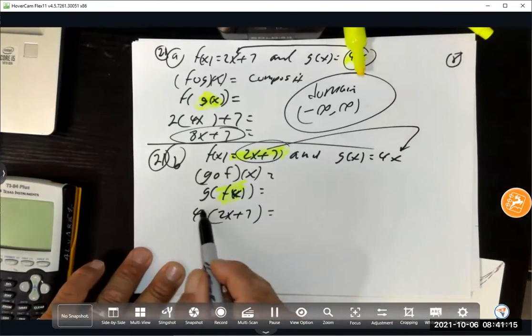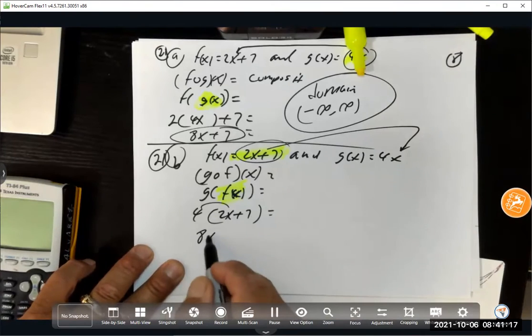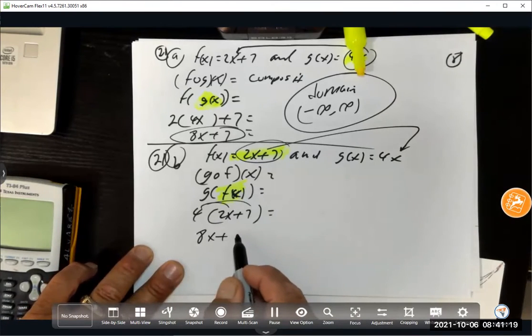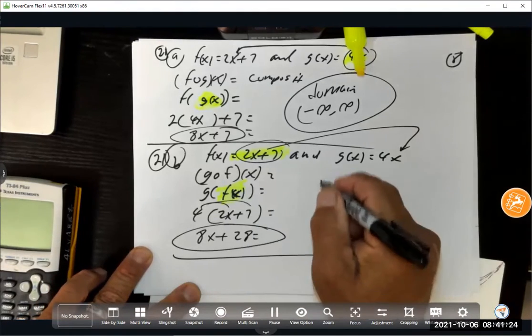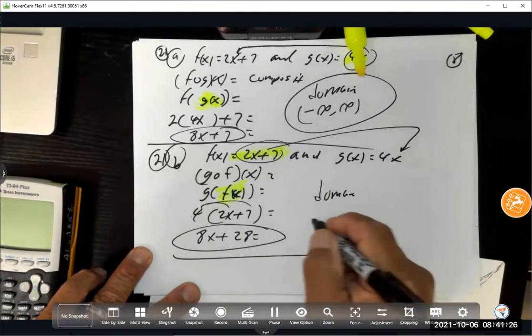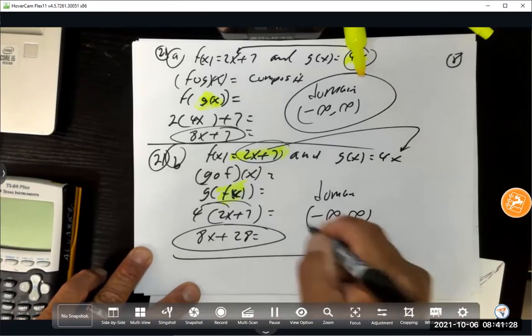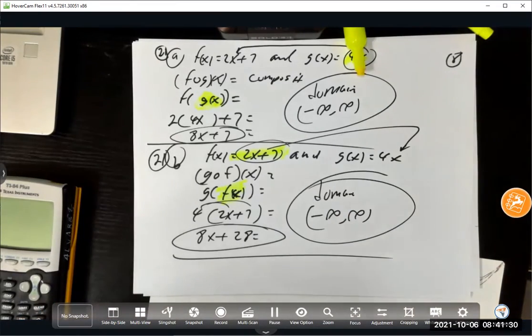Ready? What's 4 times 2? 8. What's 4 times 7? 28. Yeah, that's it. So there it is. And then domain, generic answer again: minus infinity to infinity like that. Okay. All right, now I'm going to do